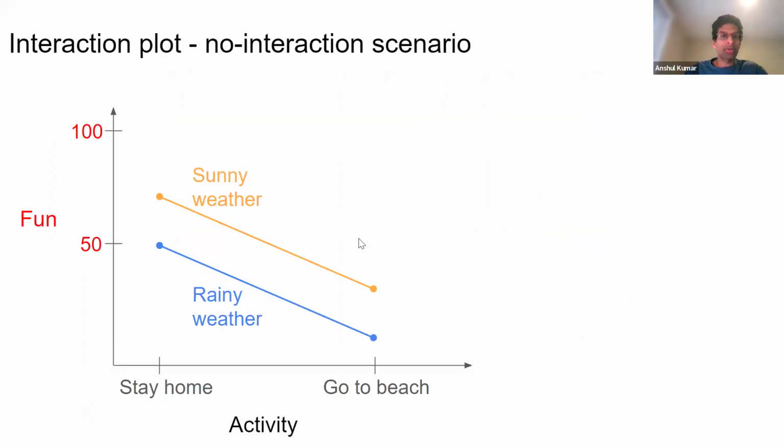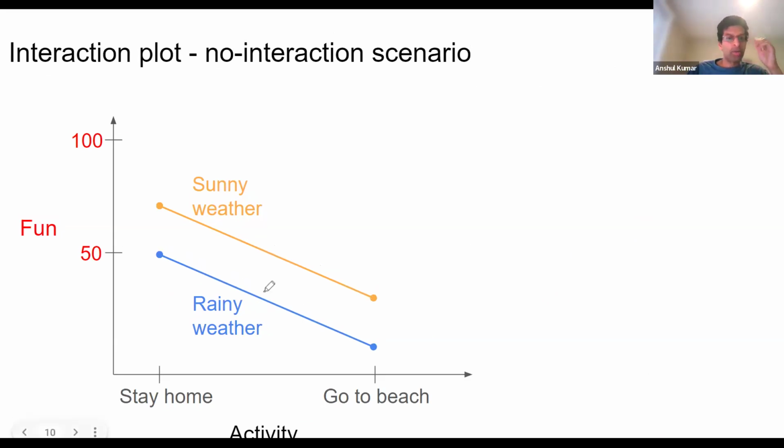And what we'll do next is visualize it here. This is a very similar interaction plot, but now, as you can see, the effect for both the rainy weather and sunny weather conditions is the same. If it's a rainy day and we stay at home, we have 50 units of fun. If we go to the beach on that rainy day, 10 units of fun. So it's a decrease of 40. And then if it's a sunny day and we stay at home, still 70 units of fun. But if on that same sunny day we go to the beach, remember, we don't like the beach anymore in this scenario,